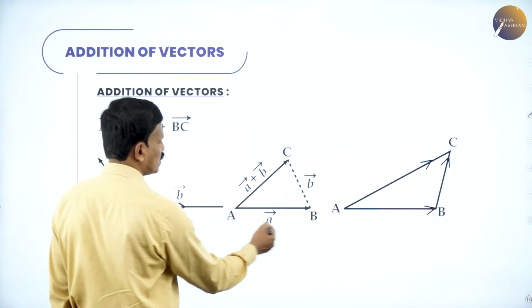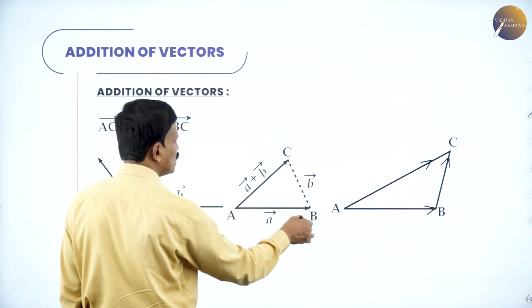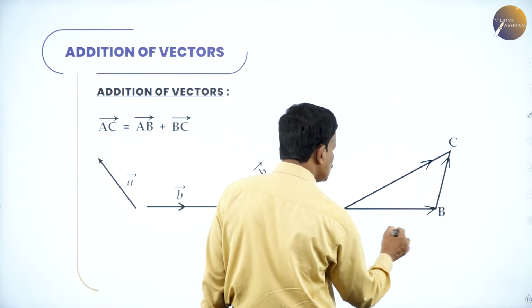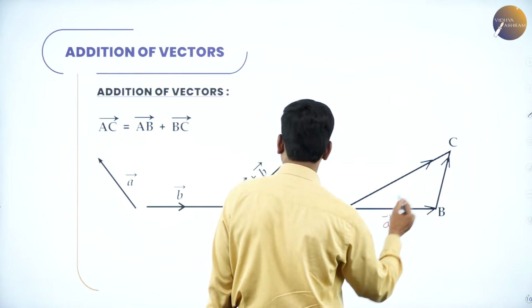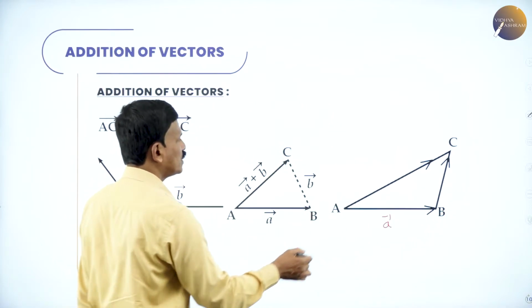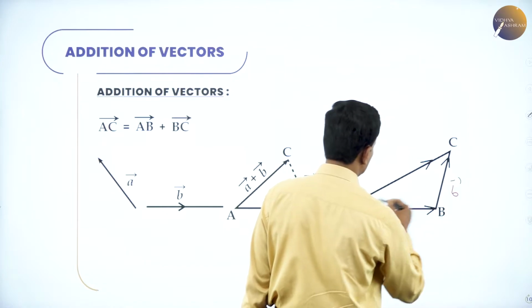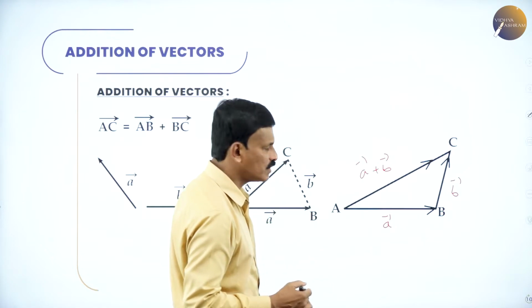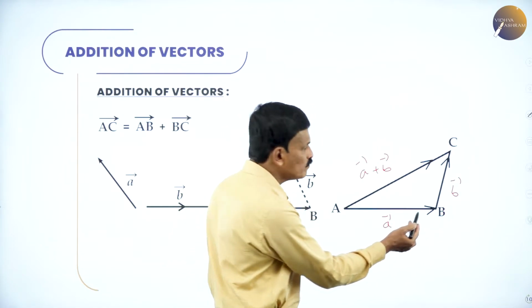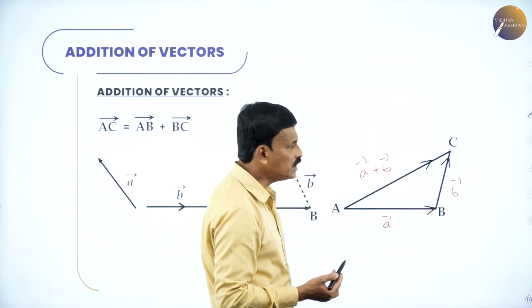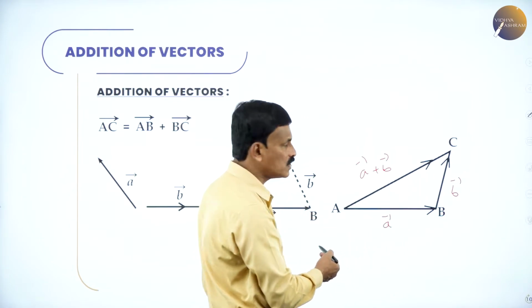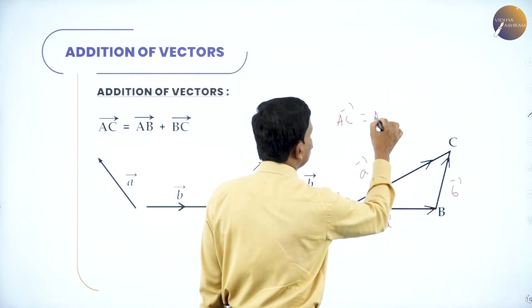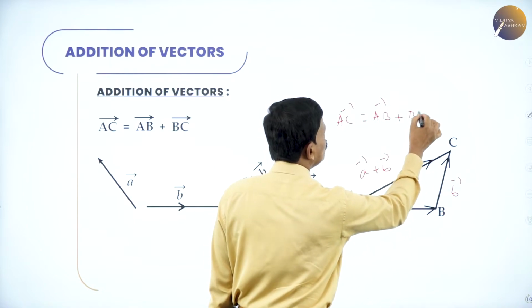If you add these, vector A plus vector B: AB is vector A, and BC is equal to vector B. Then the resultant AC will give the sum of these two vectors, vector A and vector B. So AB is vector A, BC is vector B. Then the resultant of these two vectors, vector AC, is equal to vector AB plus vector BC,